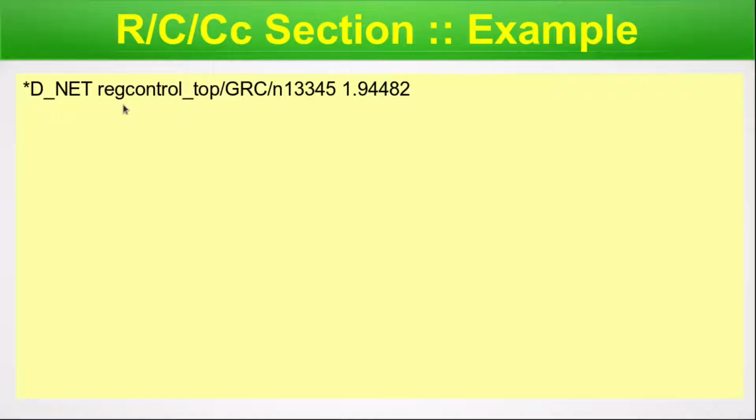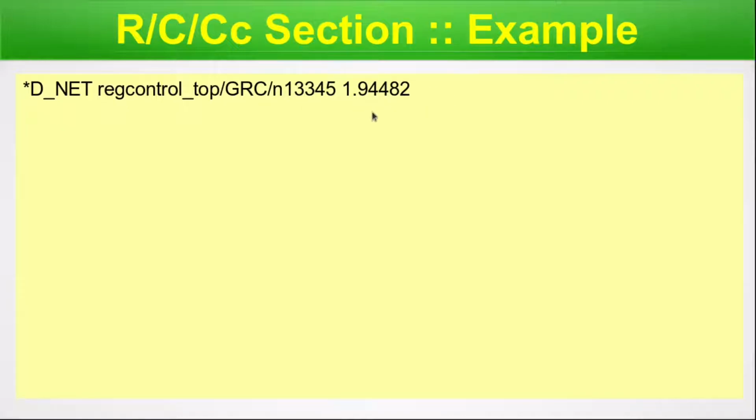The next field is the net name, including the hierarchy. The hierarchy separator is / here. So this is the hierarchy separator and this is the node name final. This field can also be a number if the number is mapped with this net name in the name map section. So if we have a mapping of this particular net, it could be a number instead of the name, and then there will be the node name.